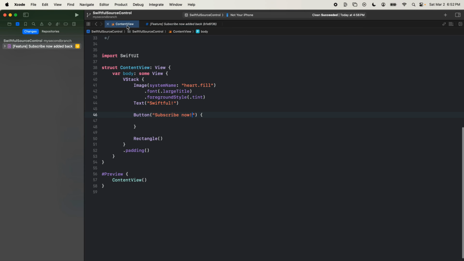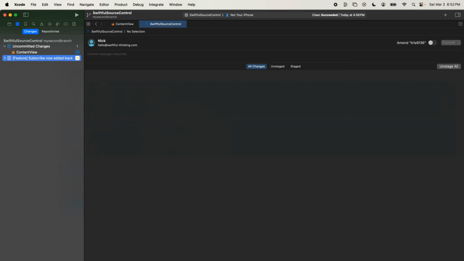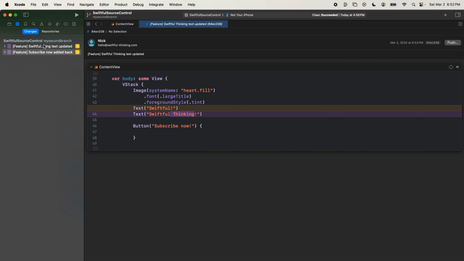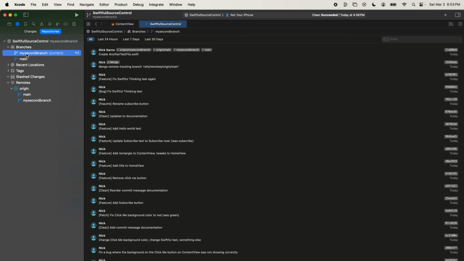Let's do one more. Let's come back into here. Let's delete this. Let's make this Swiftful Thinking again. Let's again do a feature and say Swiftful Thinking text updated. I can see the uncommitted changes in my source control on this branch. I can stage it. I can commit it. I can see there's now 2 commits on this branch. So I can see here that my second branch is 2 commits ahead of my second branch in the remote